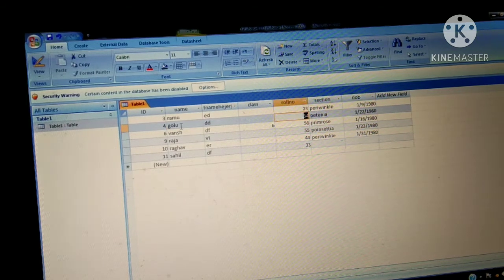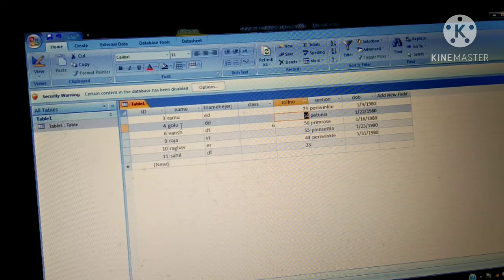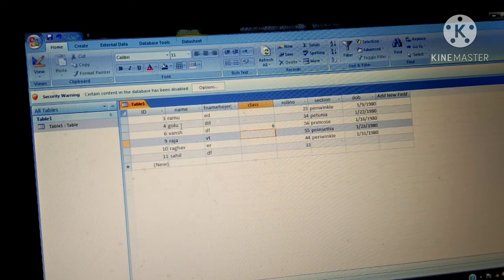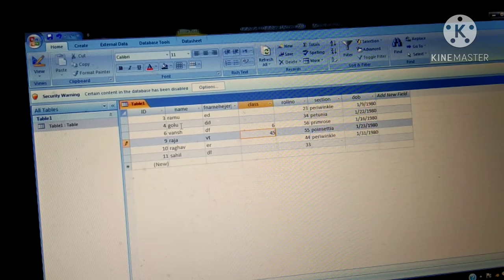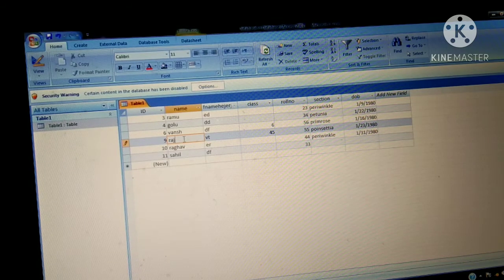With the help of this you will move up and down, or with the help of tab. With the help of tab also you are moving like this. You will check, I am using the tab key and arrow keys up and down, and with the tab key you will move forward. Like this we will go to that particular record and do the editing. If you want to add something, you will do it like this. If you want to delete something, then delete it. Like this we can edit the records in a table.